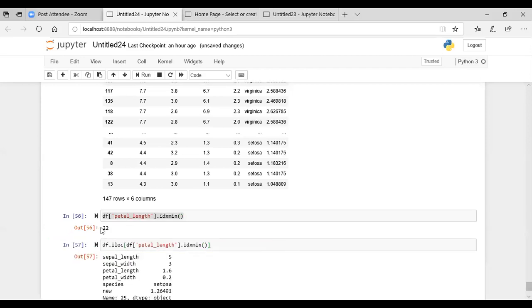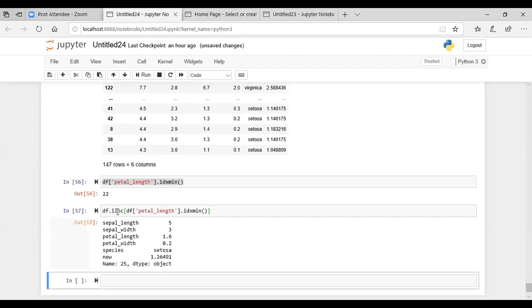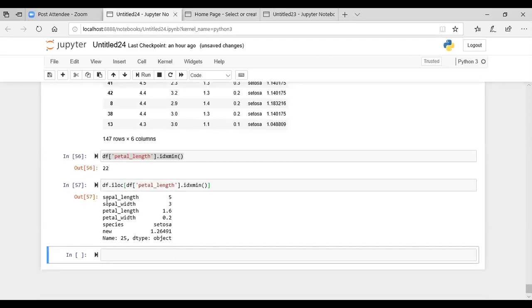So previously it was returning this 22. It will start from 0, 1, 2, till whenever it reaches 22, it will give you the information about that. The way we have seen df.iloc of some specific index which starts from the offset 0, its rest of the columns' information can be accessed by using the same thing. That means you want to determine the value of sepal length, sepal width, petal length, and petal width, and its species also, where the value of petal length is minimum.